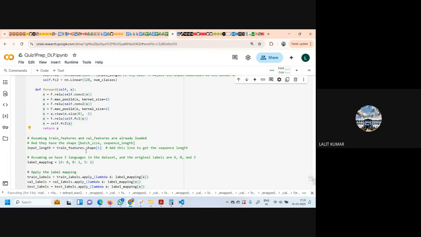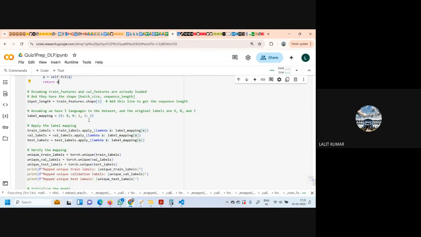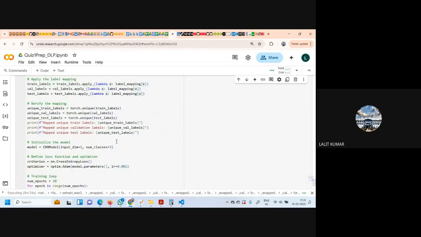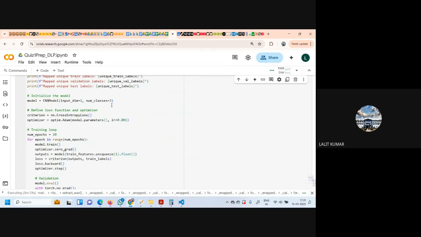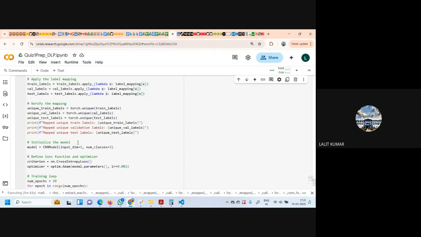And the input length will be the train features shape 1. Label mapping we have done. We have passed this label, and then we have initialized this model. Loss is the cross entropy loss. Optimizer is Adam, and we pass it through the model train. This is the standard forward neural network steps, and this is how this is getting trained.